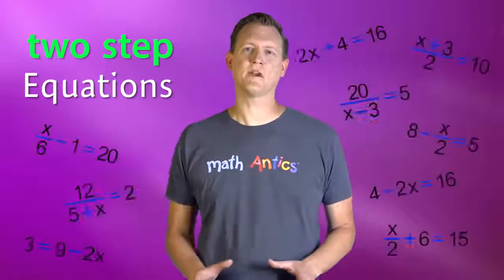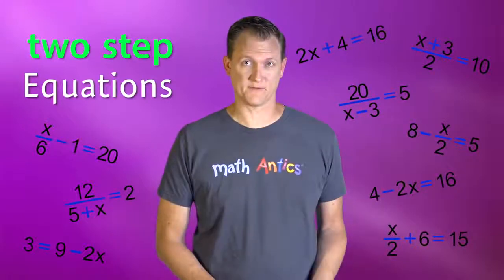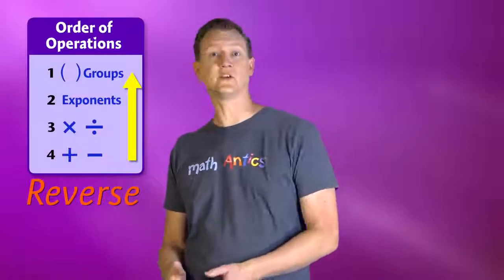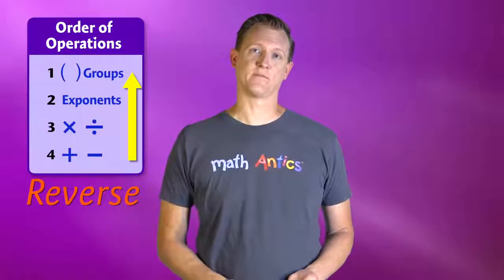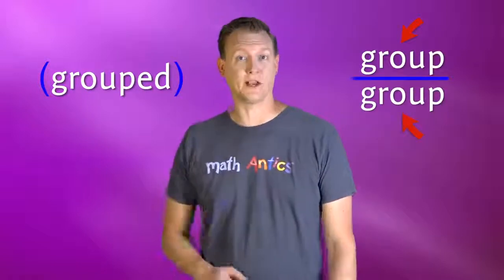All right, as you can see, solving two-step equations is definitely more complicated than single-step equations because there's so many different combinations and different ways to group things. But if you just take things one step at a time and remember to undo operations using the reverse order of operation rules, it will be much easier. Just pay close attention to how things are grouped in an equation, and be on the lookout for those implied groups on the top and bottom of a fraction line. And because there are so many variations of these two-step equations, it's really important to practice by trying to solve